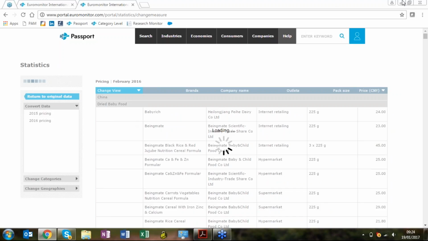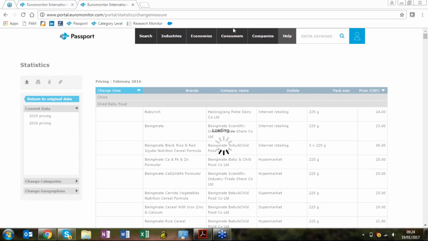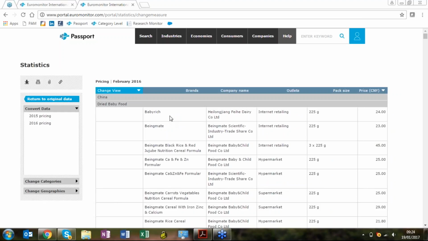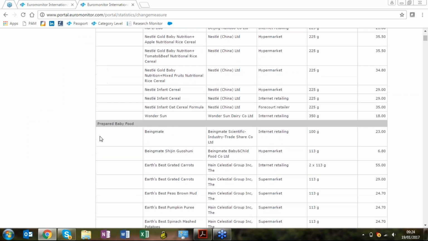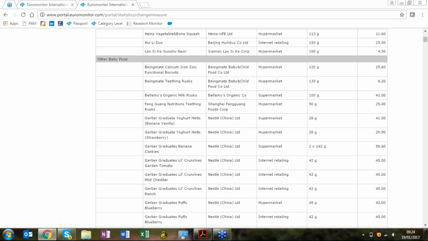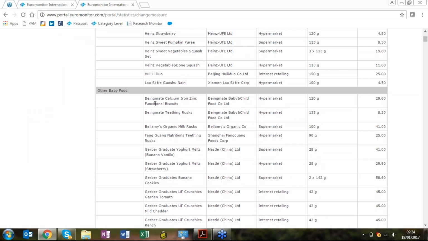It's really to give you an idea, let's say if you're launching a product in China, of how much these products are priced at. So for example, under dried baby food, we've got Baby Rich that belongs to this company, which was found by internet retailing. This is the pack size, and this is how much it was sold for. And you can scroll through and look at, for example, prepared baby food, or other baby food,